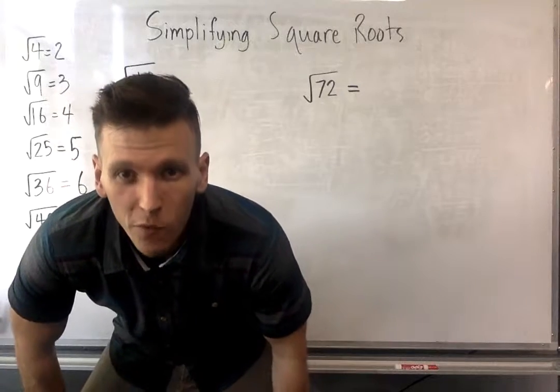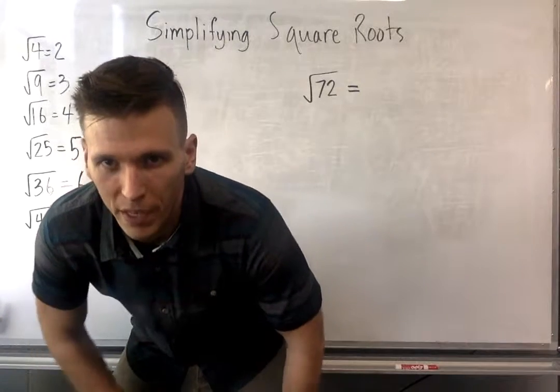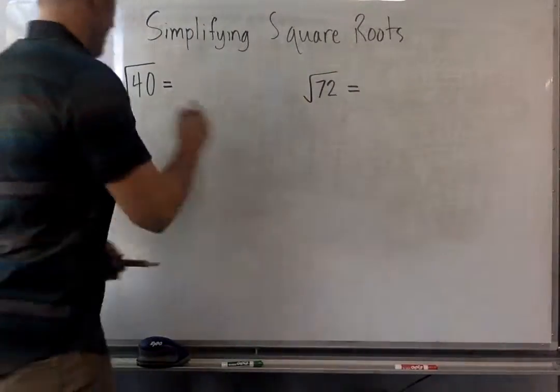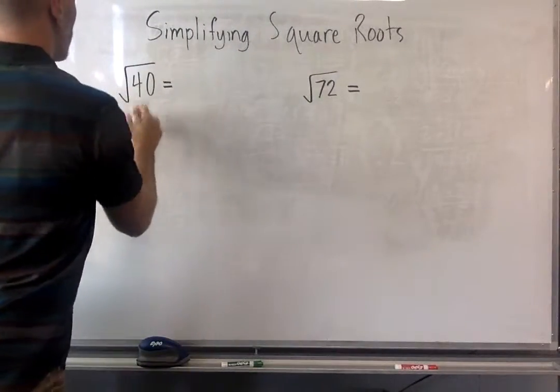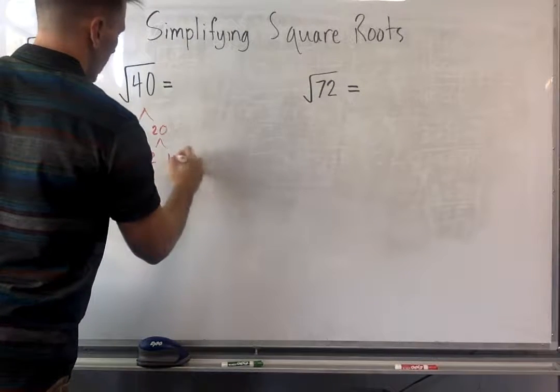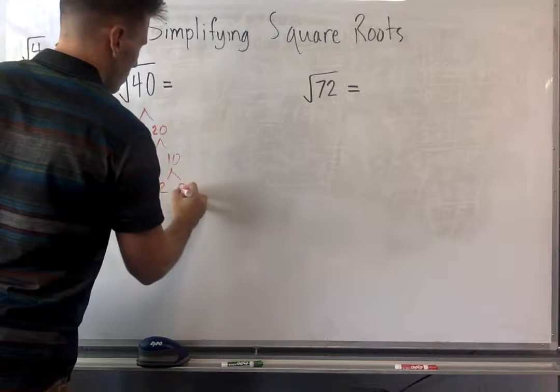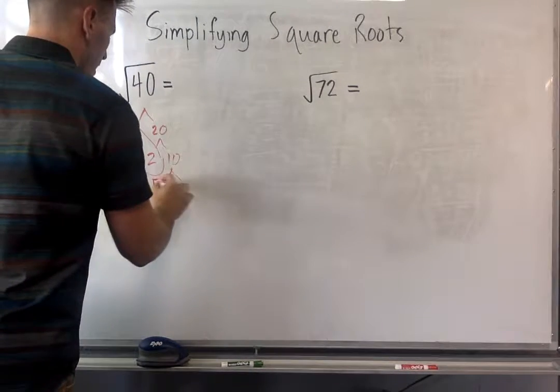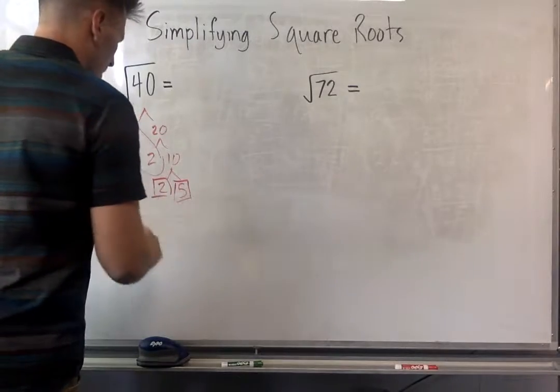Somewhere along the way in your life, you've been taught some method for simplifying square roots. And if I don't miss my guess, it probably looked something like this. You took this and you split it down. You said, okay, 40 is the same as 2 times 20, and 20 is the same as 2 times 10, and 10 is the same as 2 times 5. And then based on this, I can circle these, and these are boxed, and so then I'm going to